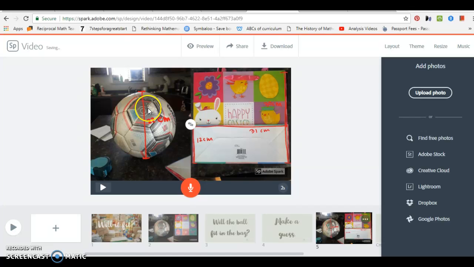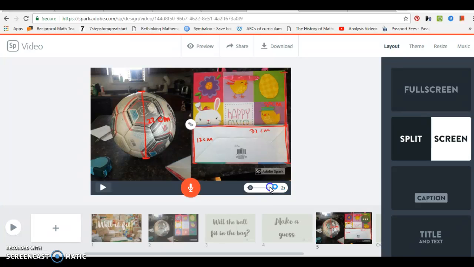and on my ball. If you don't know how to edit your photos, you can do this. You can use Spark, Adobe, the pictures on the iPhone, or even just your pictures on your phone if you want. Or if you need some help, just let me know, and I have some other resources if you can't get